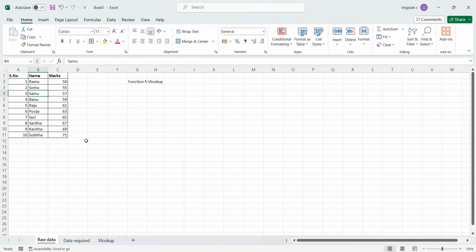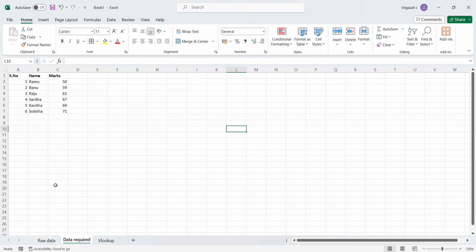Let's say for example in this demo, this is my data, rows 1 to 10, with names and the marks of each employee. This is the raw data. Now I need only a couple of resources' marks in my required data sheet. This is the data for which I want to present information. So in this case, what you can do